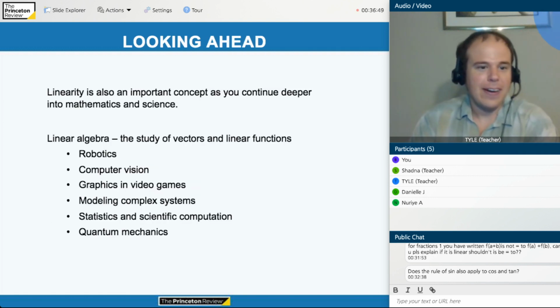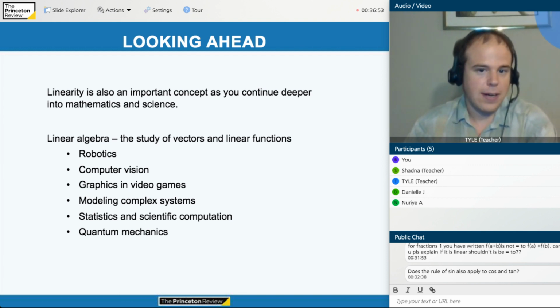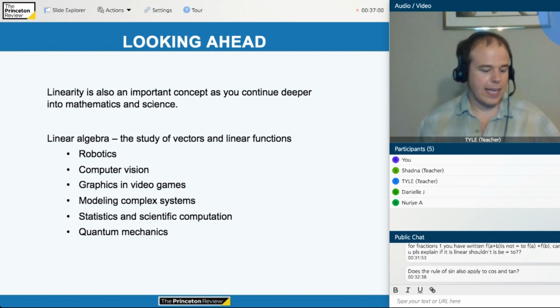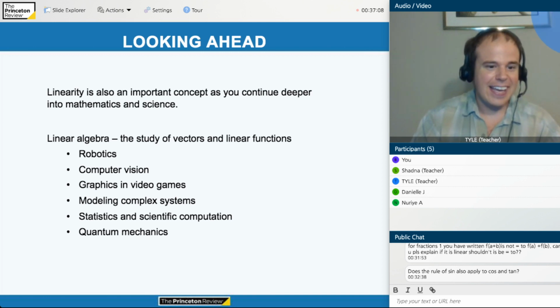Since somebody asked about it, I wasn't sure if I would mention this slide, but linearity is also an important concept as you continue deeper into mathematics and science. So like for the SAT or ACT, the stuff we were talking about today with remembering some of those rules is helpful. But also if you continue further into some of these fields, like if you want to study, say,